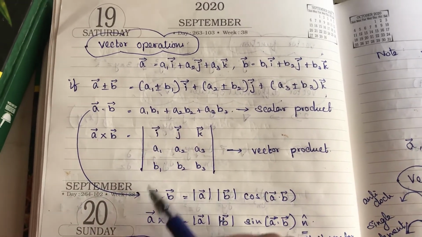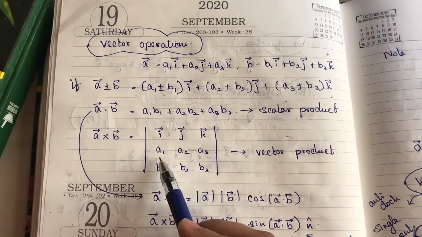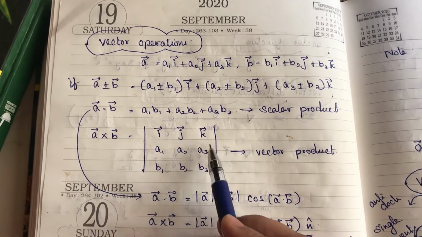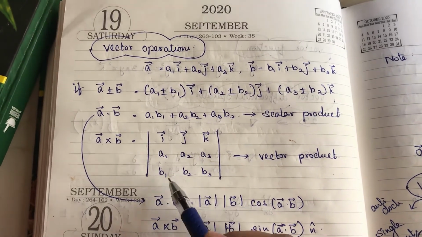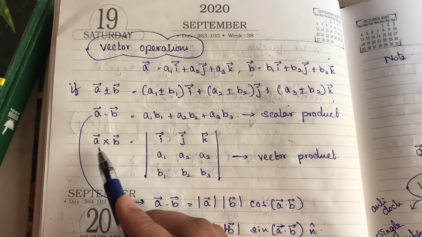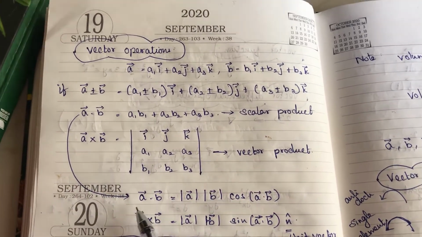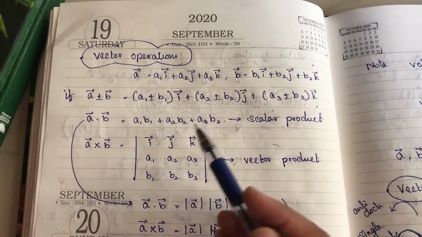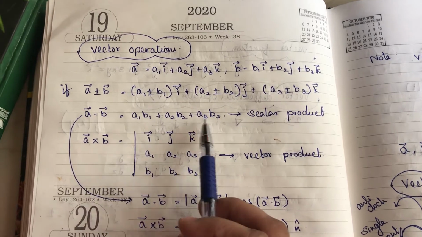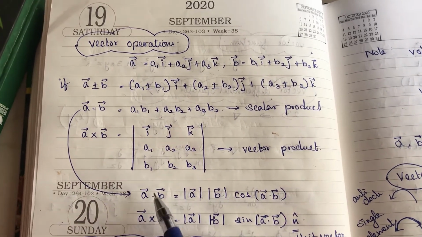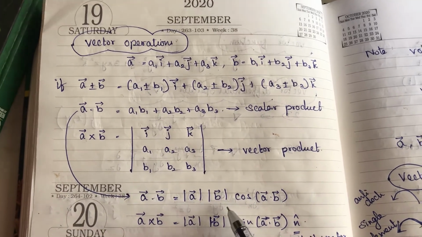So we need the matrix here, like the determinant of i, j, k. These are the vectors, and the A magnitude and then the B magnitude. If we solve this, we will easily get the product of A vector and B vector. Okay, if A dot B, I already said it is the scalar product, like magnitude values. So likewise here A dot B, which is also equal to